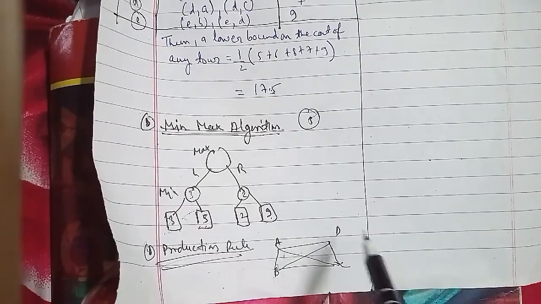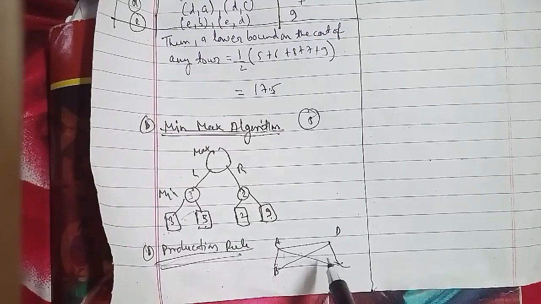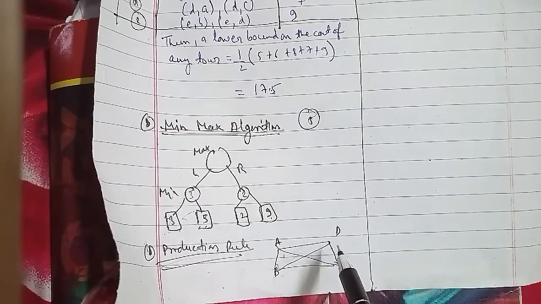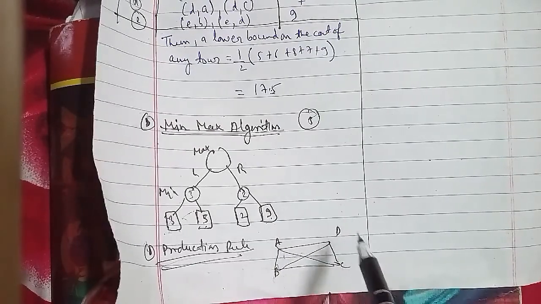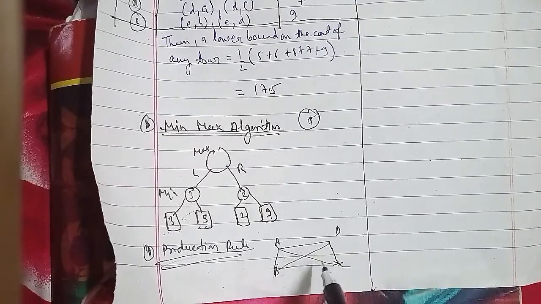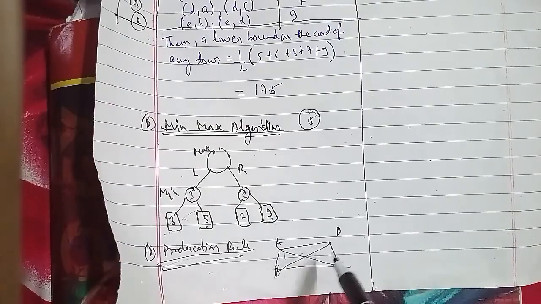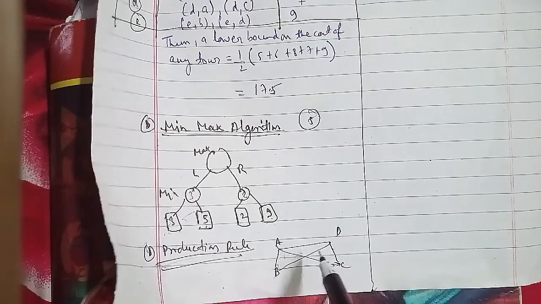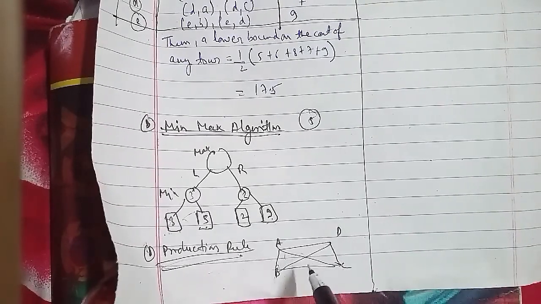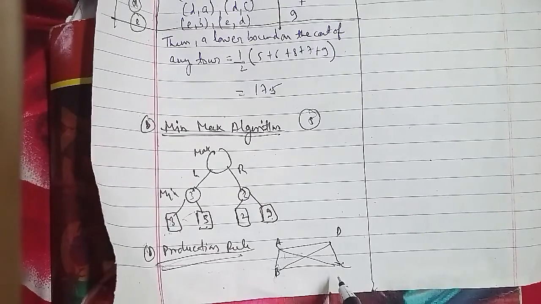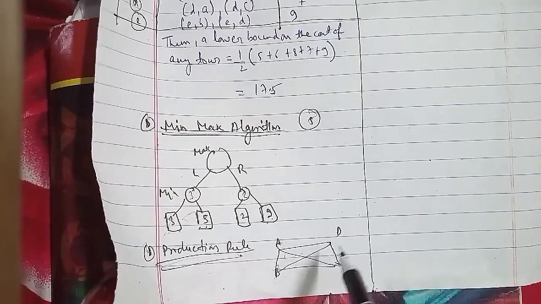And if the distance of D from city B is less than the distance of city C, then the salesman will visit city D. Here, after that, if distance B is less than distance D, and the distance of city B from city C is less than the distance of city D, then the salesman will visit city B. If the distance of D is less than B, and the distance of city D from city C is less than the distance of city B, then the salesman will visit city D.